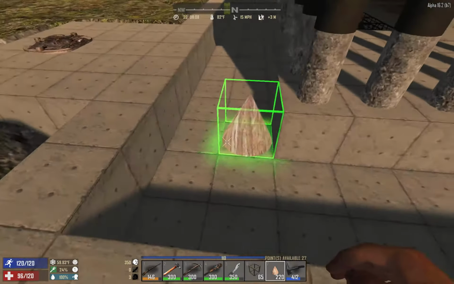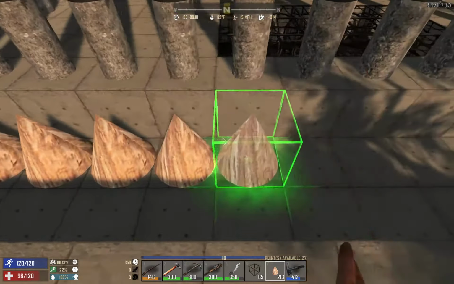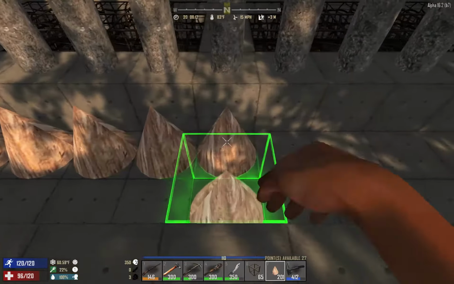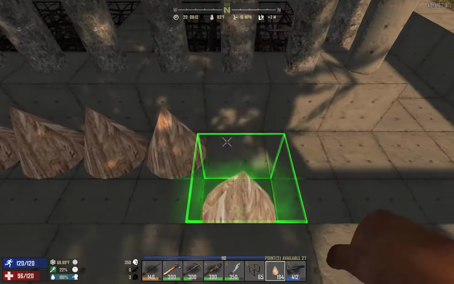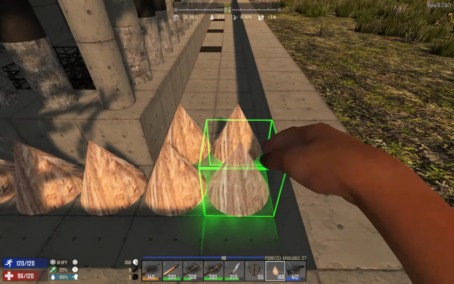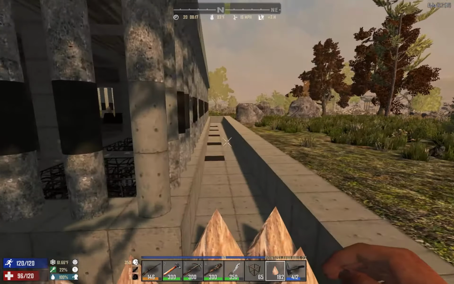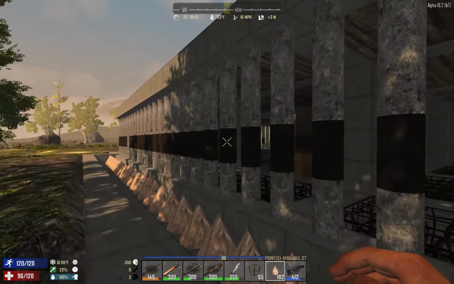So I've got some spikes crafted. Now these, I do have increased damage on these, so we're going to want to try to get these to be the highest level that we can afford right now. The higher the level, the more damage that they're going to be able to do, and the more durable they're going to be. Also, I did do a change on concrete, and most of it has dried except for